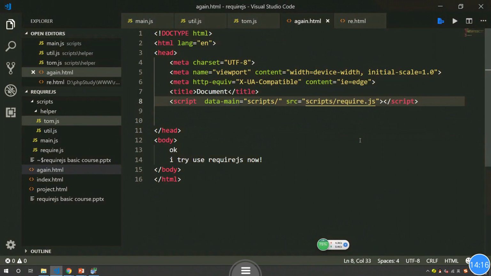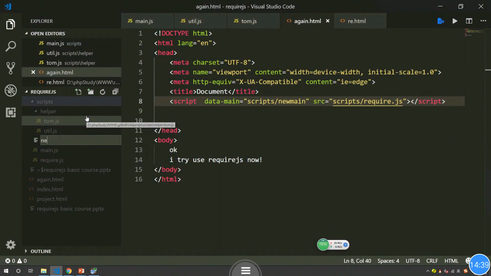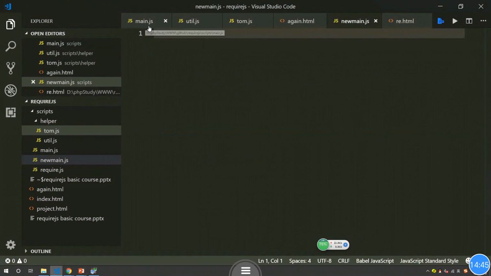So we can continue to write, the name we can change it. For example, again a new main. It's okay, and we can make a new main.js here. New main.js. It's also okay, and in the new main.js we use a require to loading, for example, the